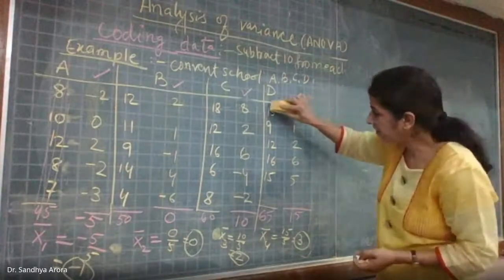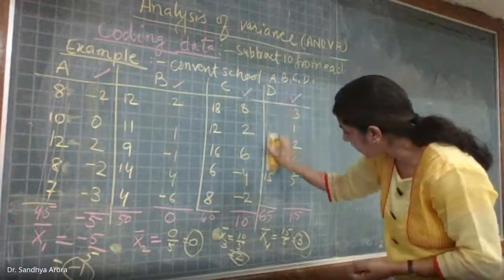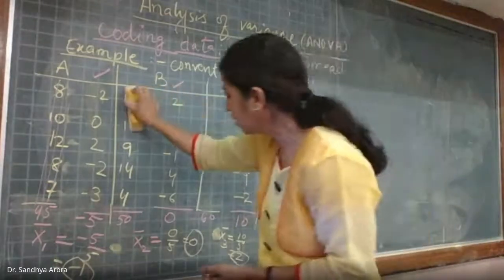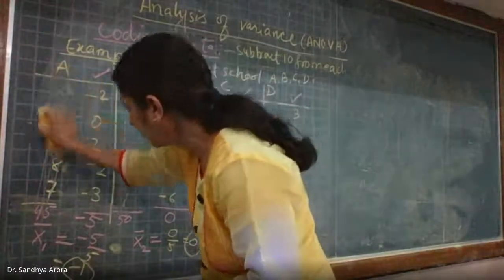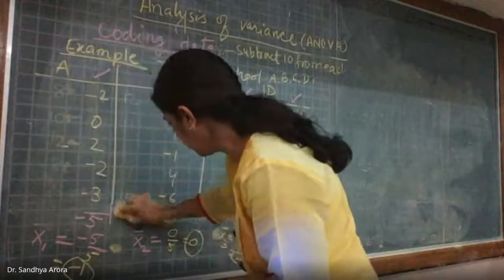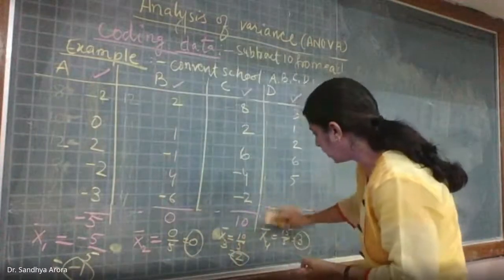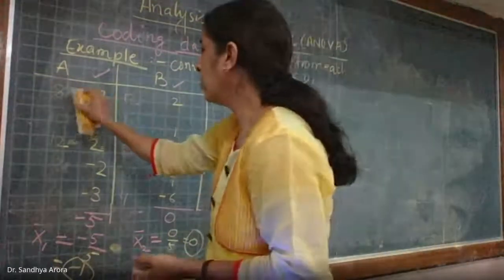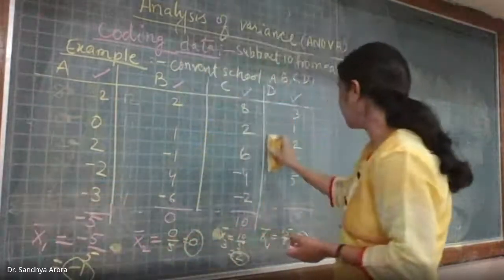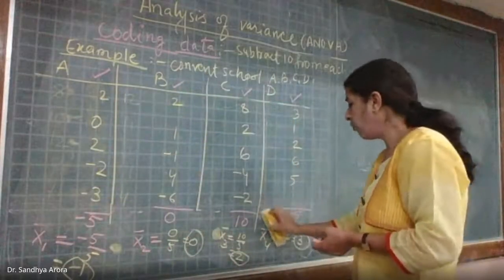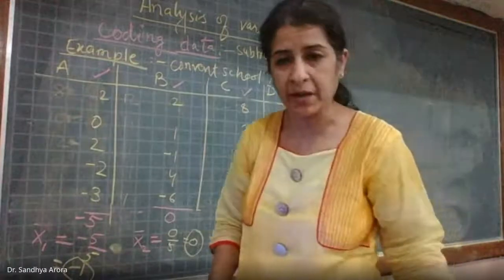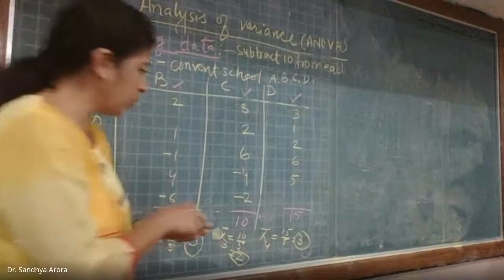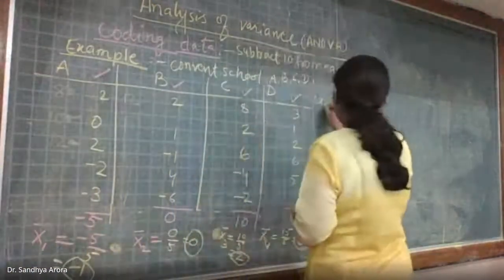Now forget about these data items. I am removing this part because you have coded this data. Let this data go out; we don't require it actually. Now consider this data only, apply the shortcut method on this data, and tell me what the correction factor within the sample is. Obviously your output will be the same, but now you are using the correction factor to calculate other things. So do that calculation and tell me what your correction factor is.